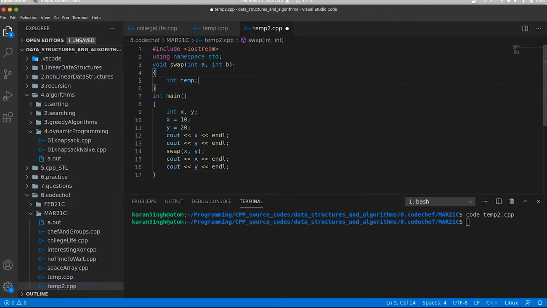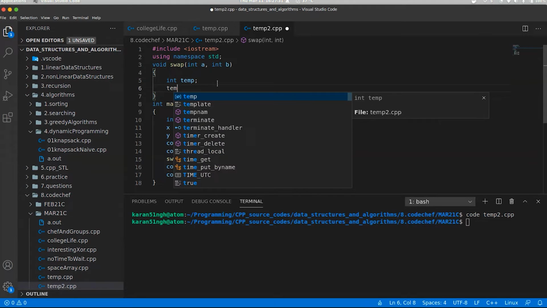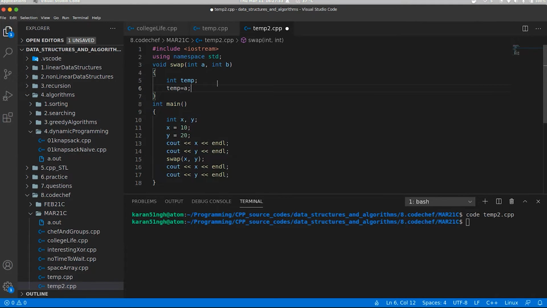Let me make the swap function. I have two local variables, int a and int b, which will be getting the values of x and y because I have called x and y in this order. Now let me declare a temporary variable, which will help us in swapping the values. I store the value of a in temp.